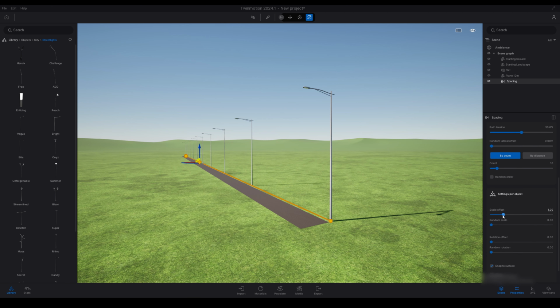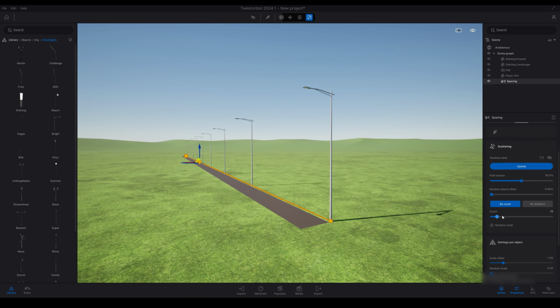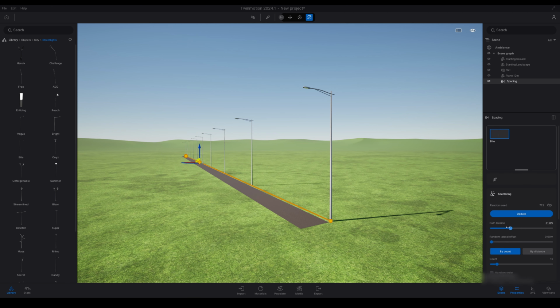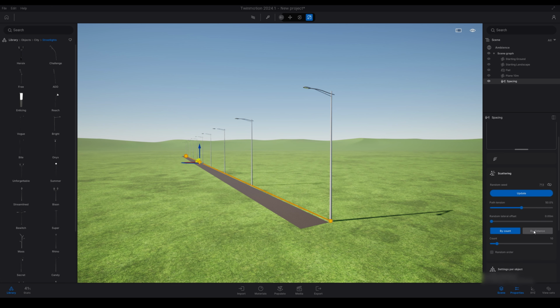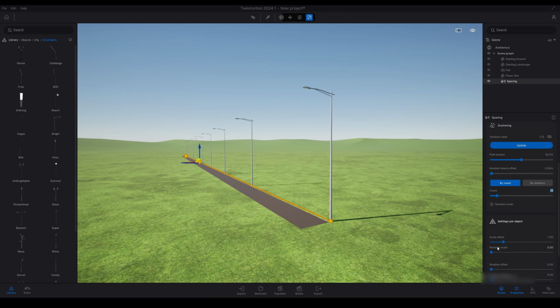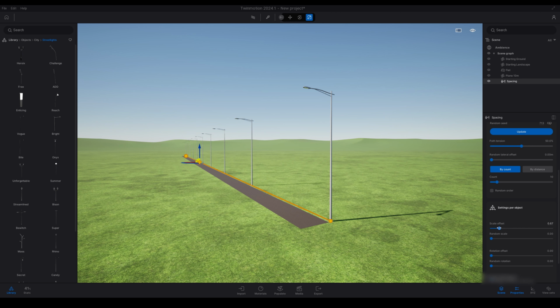So on the right hand side we have the spacing settings here. So path tension, we'll start with that. It doesn't show much because it's a straight line. We have count, so adjusting that will adjust the amount of assets that you have on that line. Below we have the scale settings, so we have scale offset.